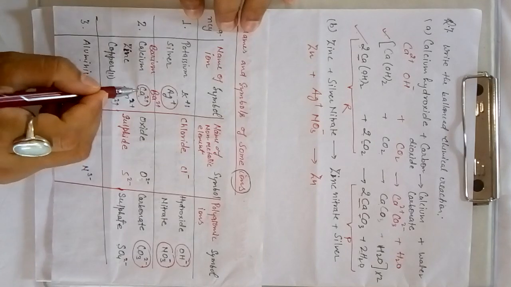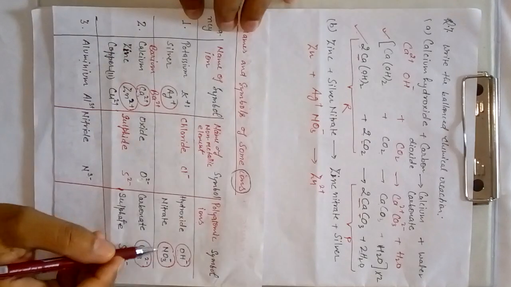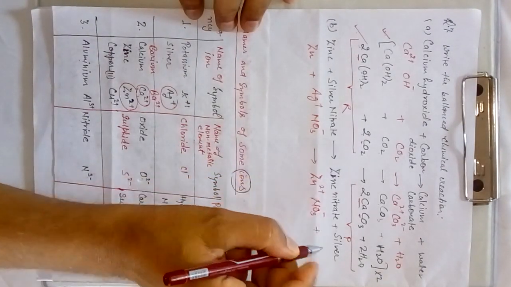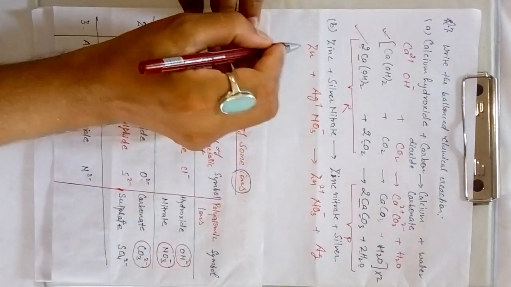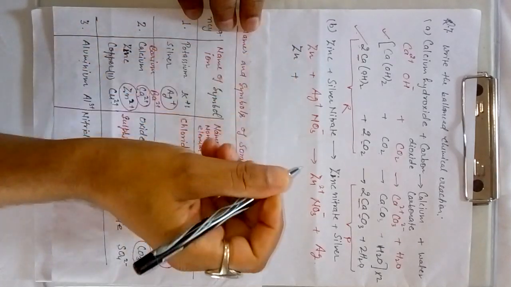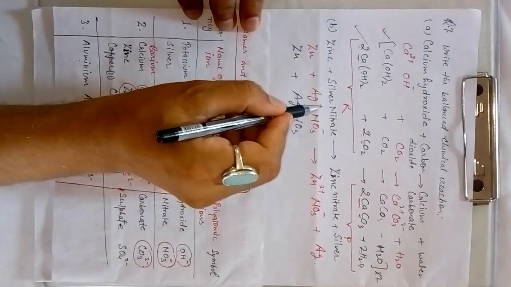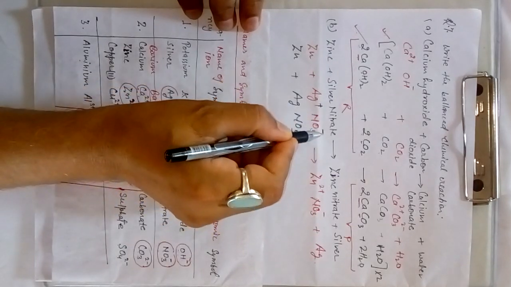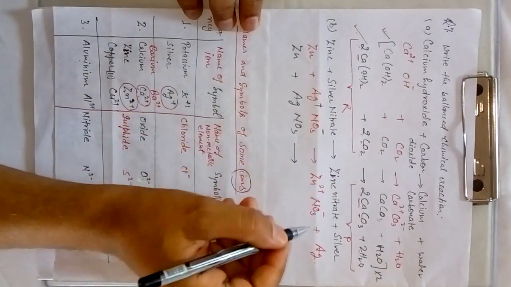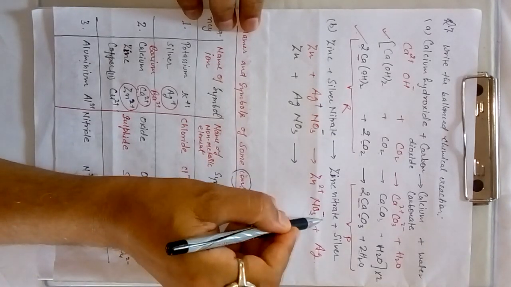So you can see Zn2+ plus nitrate ion, once again nitrate, NO3-, silver, Ag. So you can see Zn plus AgNO3, because this plus and this minus are counterbalanced. Now Zn2+ NO3-, here is 2, here is 1, so in cross